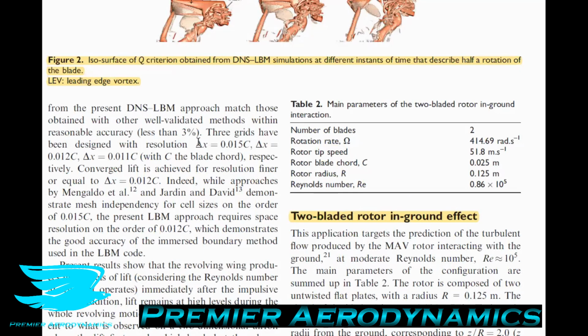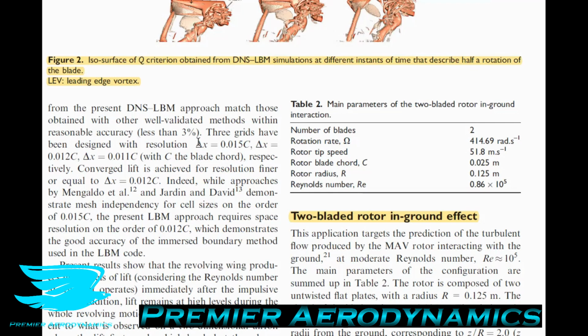So the rotor is composed of 2 untwisted flat plates with a radius. This is interesting because often on rotors, you twist the rotor to change where the lift is being produced and make the rotor more stable at faster speeds, or to produce more lift across the rotational speed spectrum. But these are untwisted flat plates,